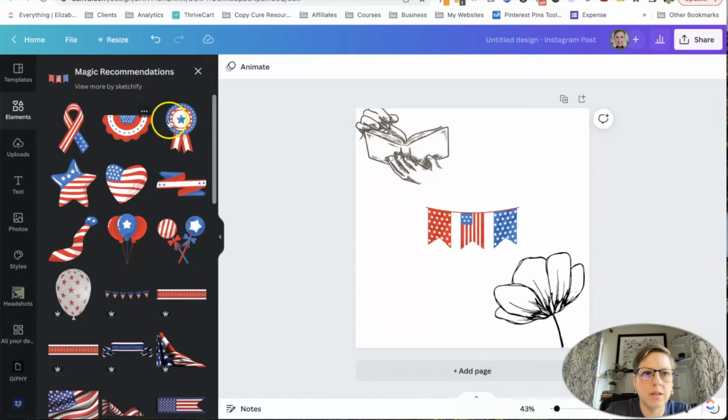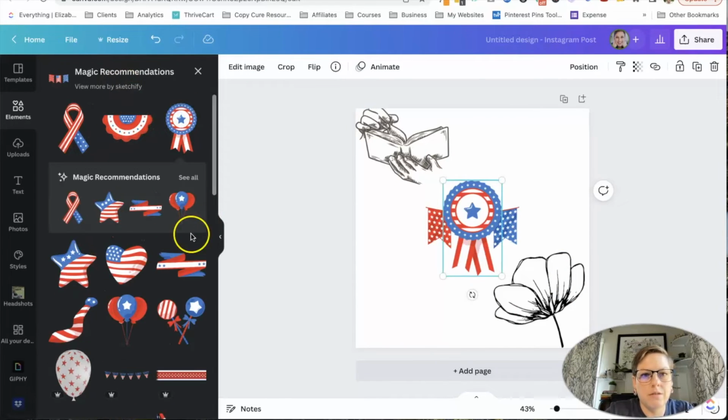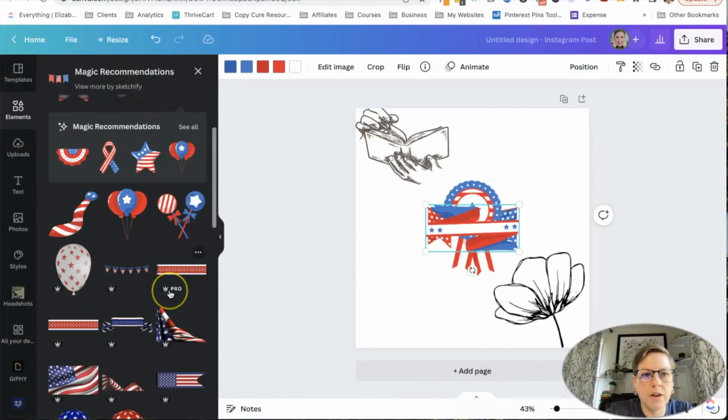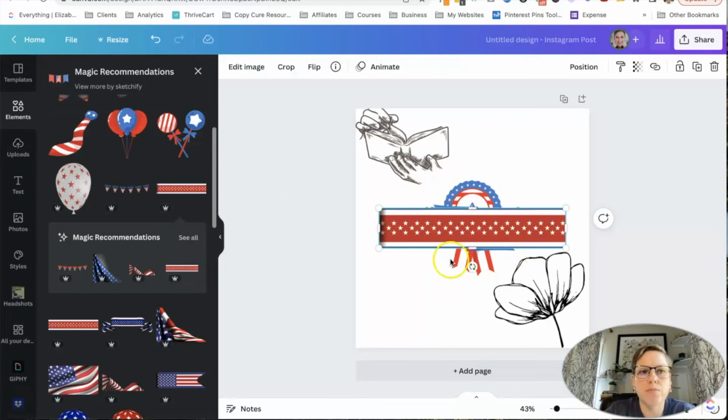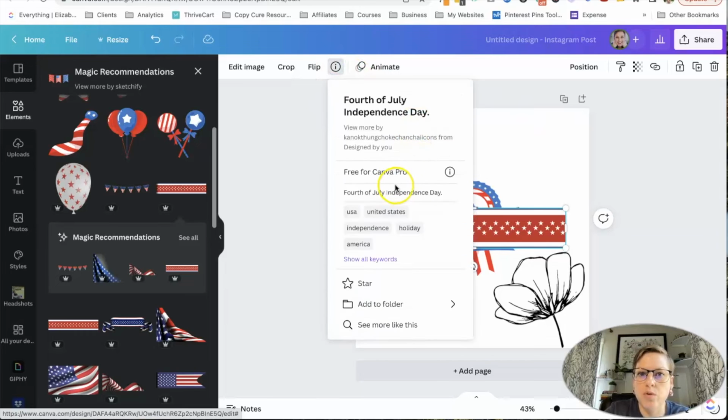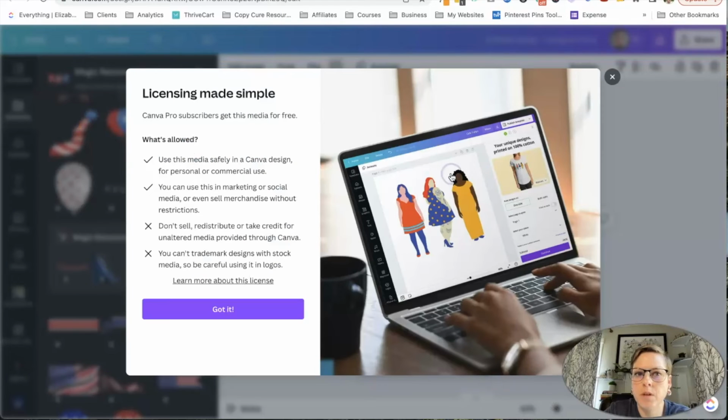And you can always click on them, and if they're a paid one, it'll say Pro. It doesn't mean you can't use it. Even if you're not on the Pro account, you would pay like $1 for each Pro element, and it'll tell you what the licensing agreement is for the Pro stuff.